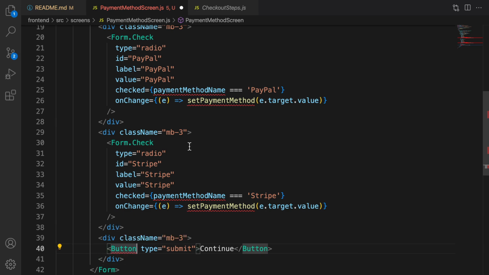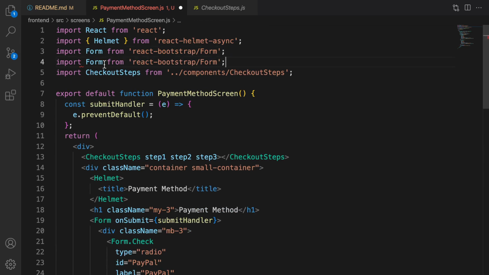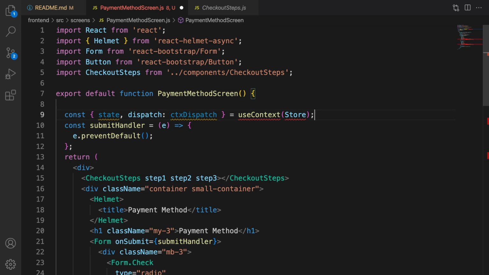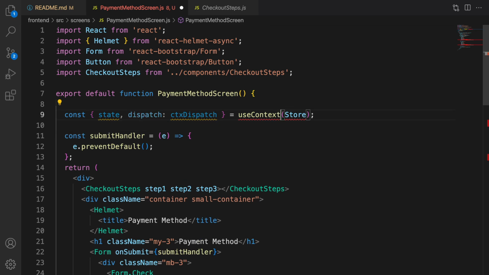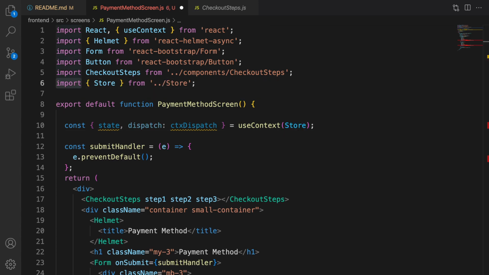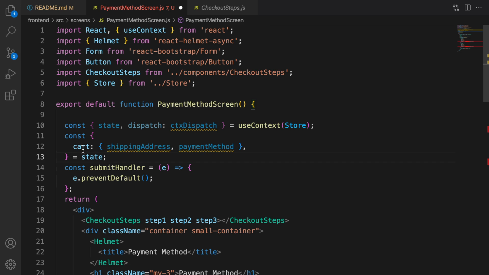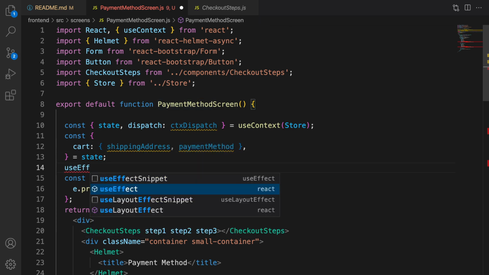Add the button. Let's import the button like form. Import Button from Button. Good. It's time for the logic. First of all, we are going to get the state and dispatch from the context. At the very beginning of this component, use useContext, import it from React, and get Store like this. From the state, get cart, and from the cart, get shipping address and payment method. In the useEffect,